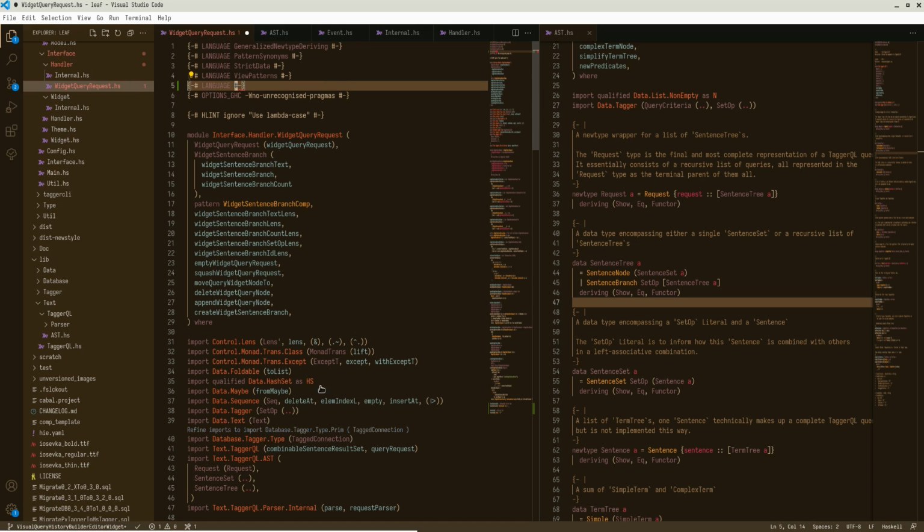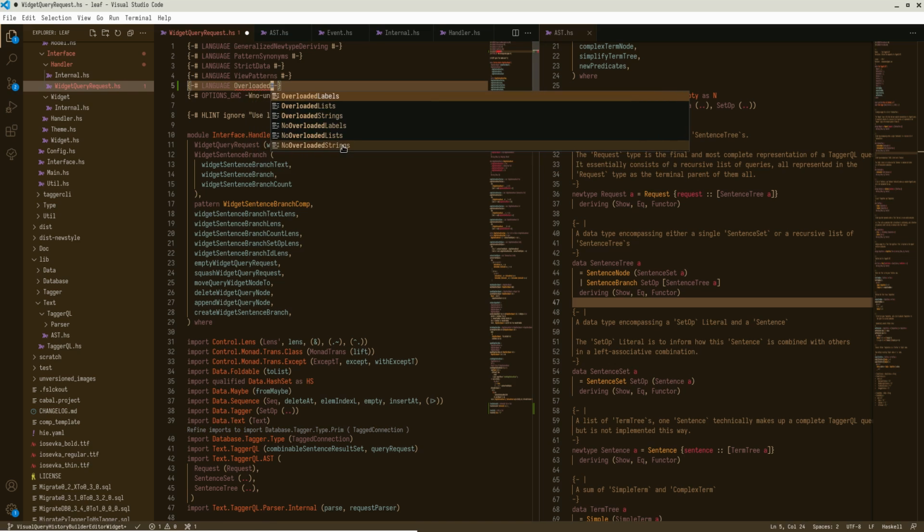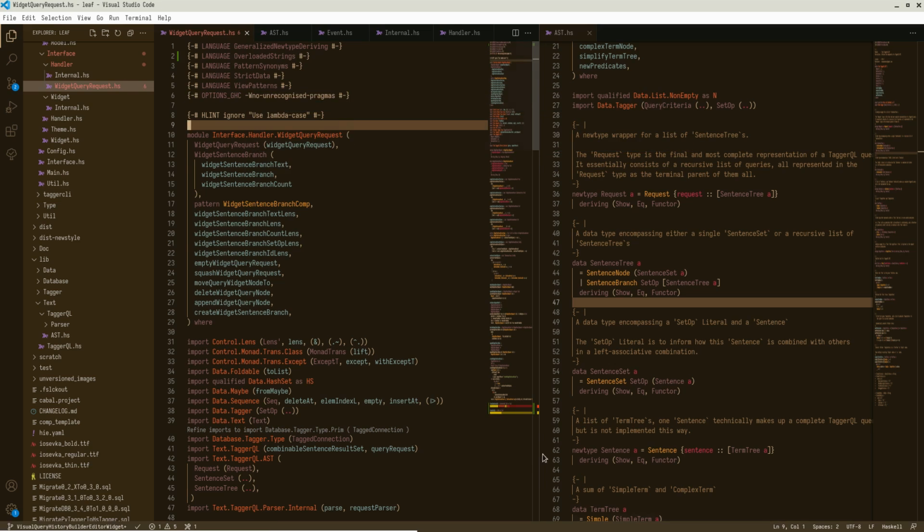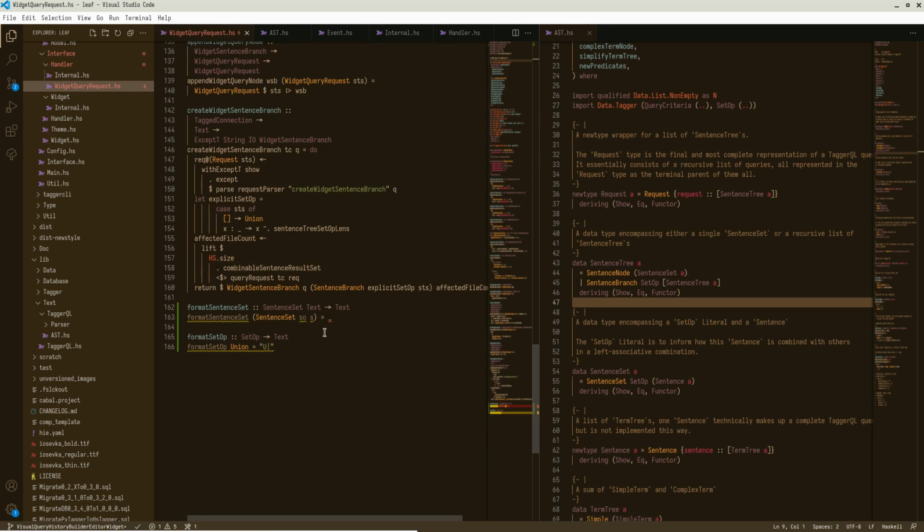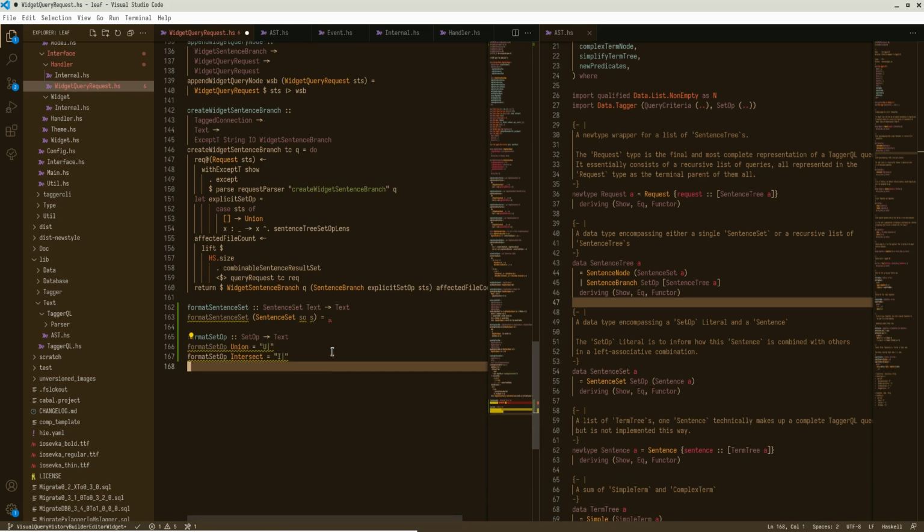And to use string literals with Text, you have to use OverloadedStrings as a language extension. So that's maybe one of the dumber things about Haskell, I suppose. I mean, not that I really know anything, I guess, but